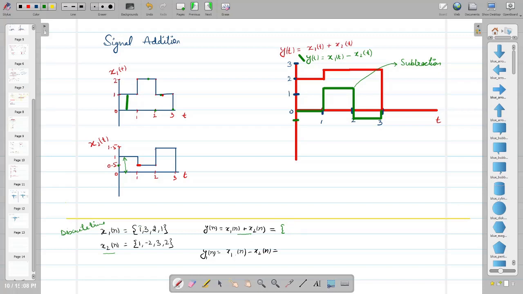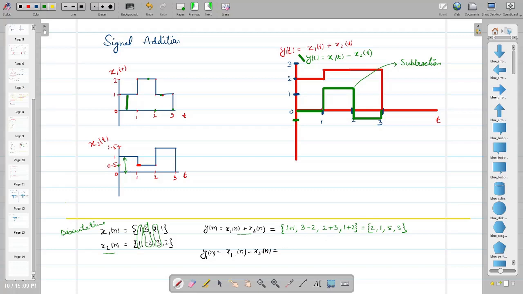So here we add 1 with 1, so it is first sequence we can calculate 1 plus 1 comma, then 3 will be operated with the next portion of the sequence, that is 3 minus 2, and this 2 will be operated with the 3, 2 plus 3, and this 1 is operated with the 2, this is 1 plus 2. The resultant sequence after addition will be 2, 1, 5 and 3. So this is the resultant equation.